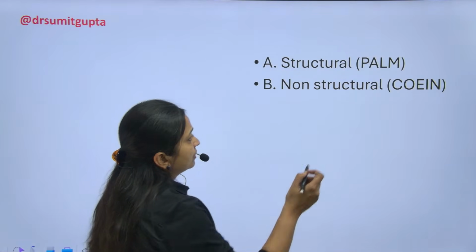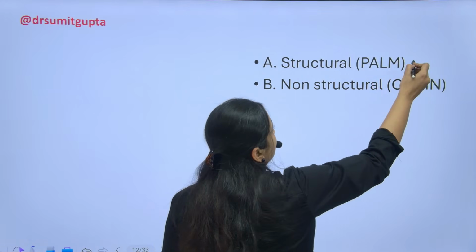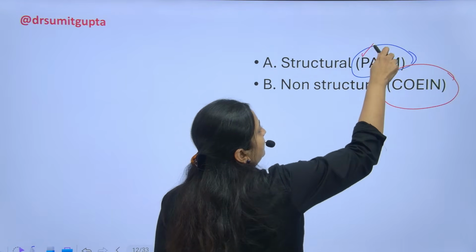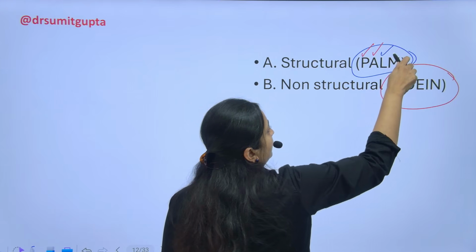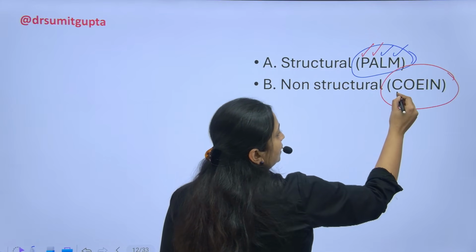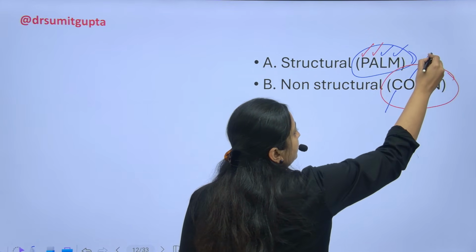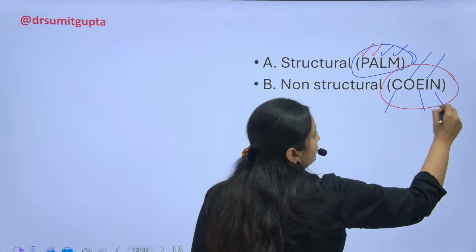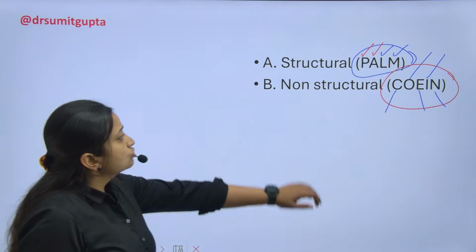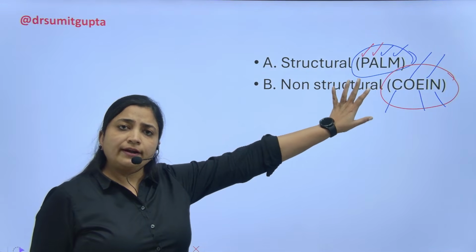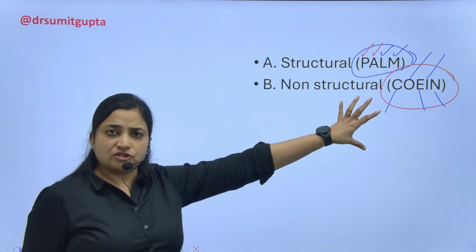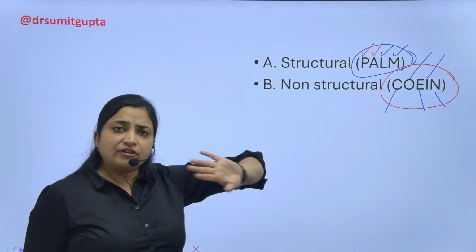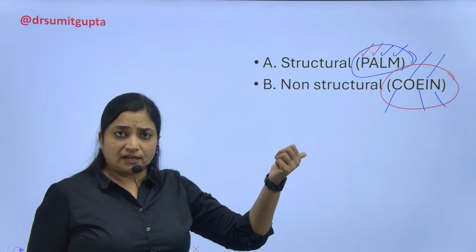Now, as I was saying earlier from the first lecture, you should know whether it is PALM or whether it is COEIN. PALM means polyp, adenomyosis, leiomyoma and malignancy. And COEIN is coagulopathy, ovulatory disorder, endometrial disorders, iatrogenic and not otherwise classified. Those structural lesions, we have already talked about in detail in each lecture. We have polyp, adenomyosis, leiomyoma, and everything has been talked about in detail in my other lectures.